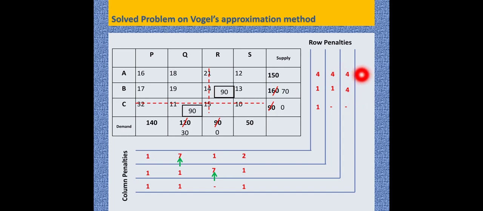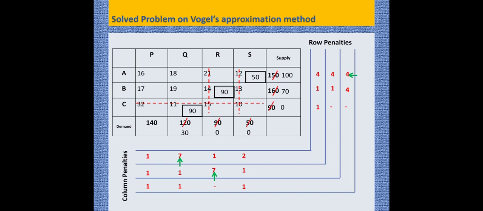So what we do, we check which row has the least cost. Here least cost is 12. In this particular row least cost is 13. So 12 is least among both. So this particular row will be selected for allocation. And 12 is the cell where we can allocate. So I compare 50 and 150. 50 is minimum. So that will be allocated here and it will be reduced from supply and demand. So 50 minus 50 is 0. 150 minus 50 is remaining is 100. So this particular column will be striked off.